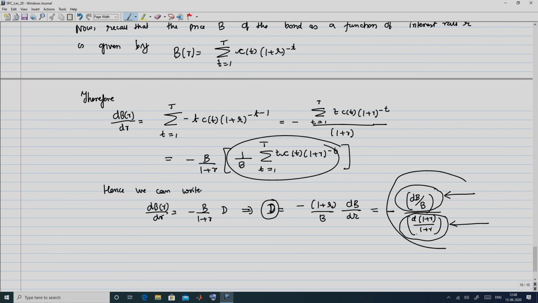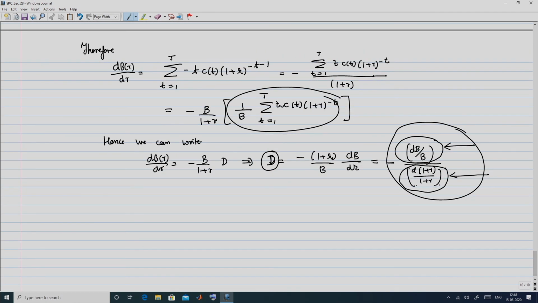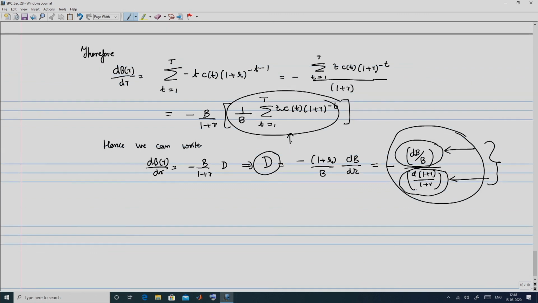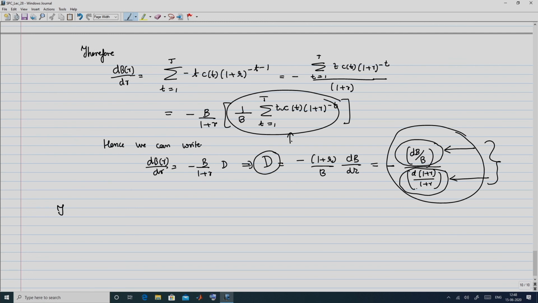So, this entire quantity gives us the sensitivity of the relative change in the bond price vis-a-vis the relative change in the interest rate, and that is the reason why this is taken as a measure of the risk of a bond price as a function of the interest rate. And that is the reason why it is this form that had motivated us to define the duration using this formulation. So, thus the interpretation is that